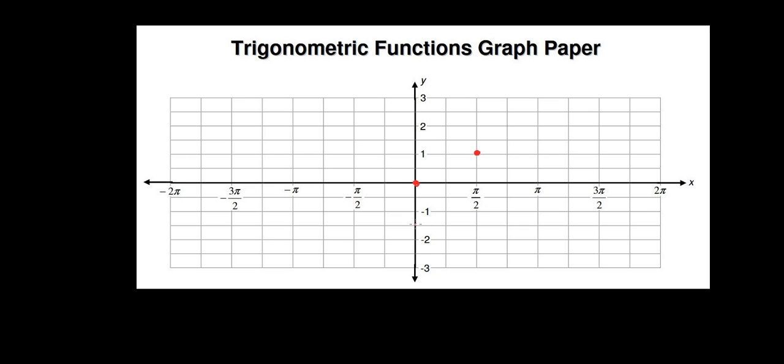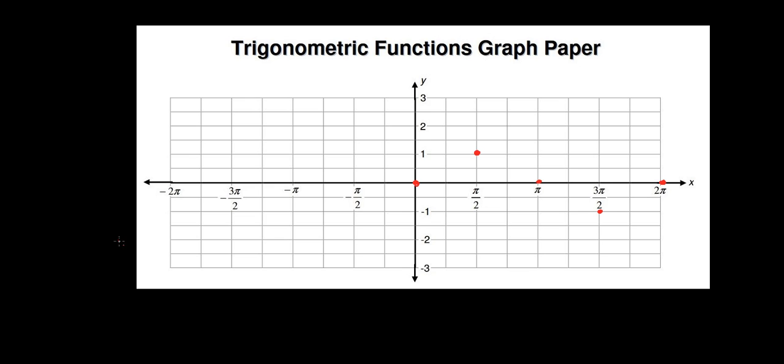And the next point is pi comma 0. So pi on the x-axis, and y distance is 0. So this is pi comma 0. Next we have 3 pi by 2 and minus 1. So on the x-axis it is 3 pi by 2 and on the y-axis it will be minus 1. So here is the point. Now the next point we have is 2 pi comma 0. So this will be the point.